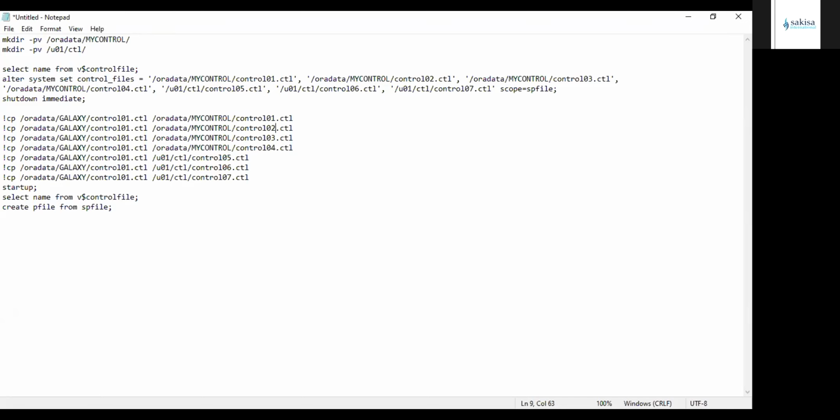So that's the script that I created. Have you shut it down? Yes, I've shut it down. This is where I altered the system. This is where I created a directory. I actually forgot to shut it down before doing the copy. So that is why we had all these mistakes here.